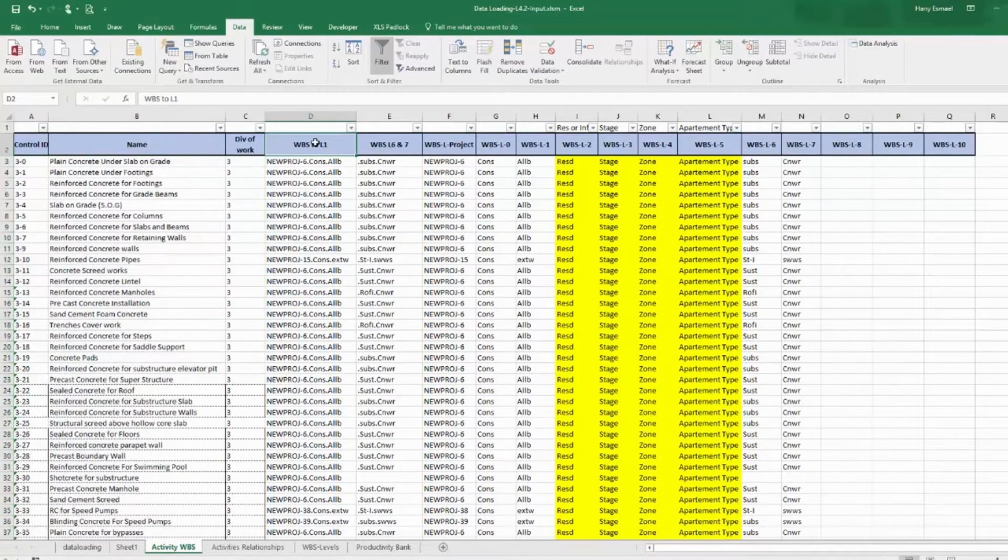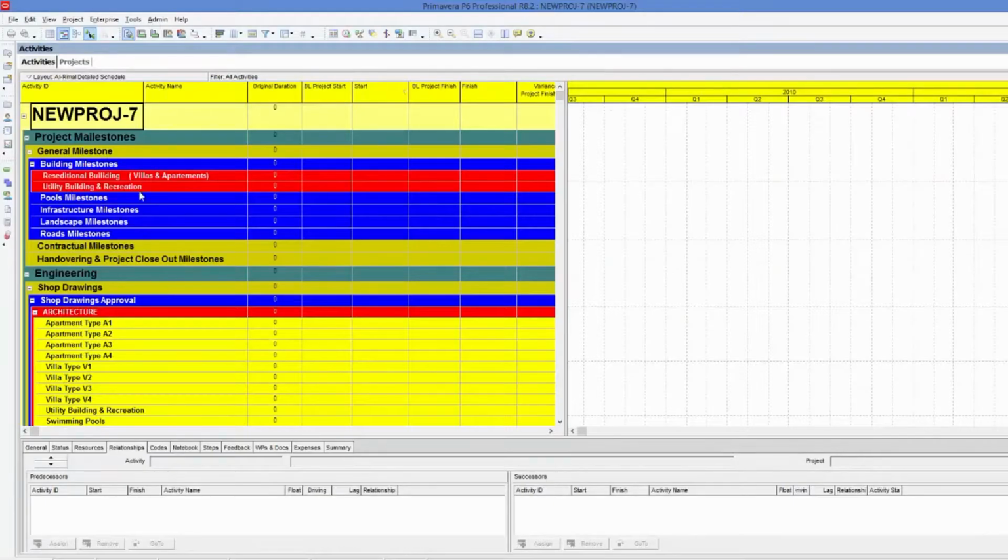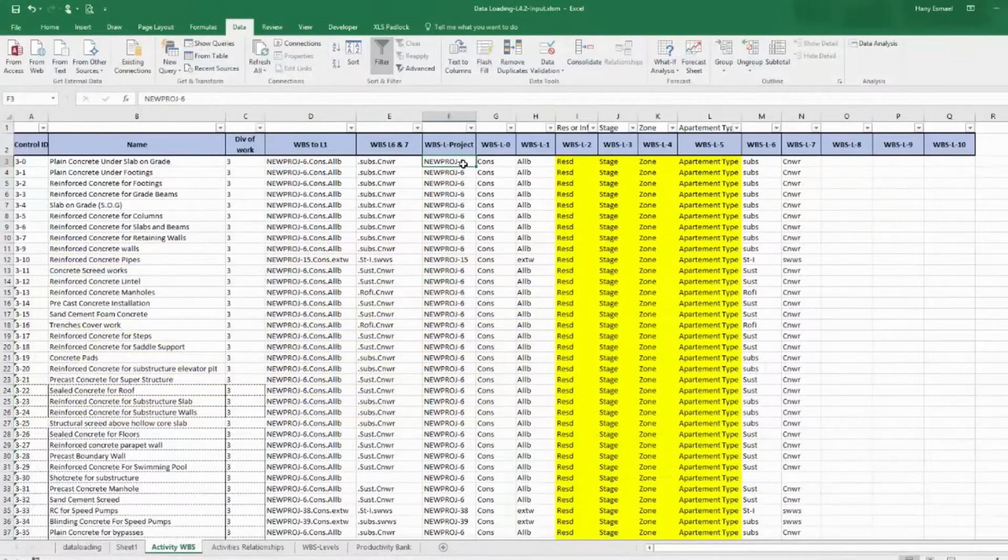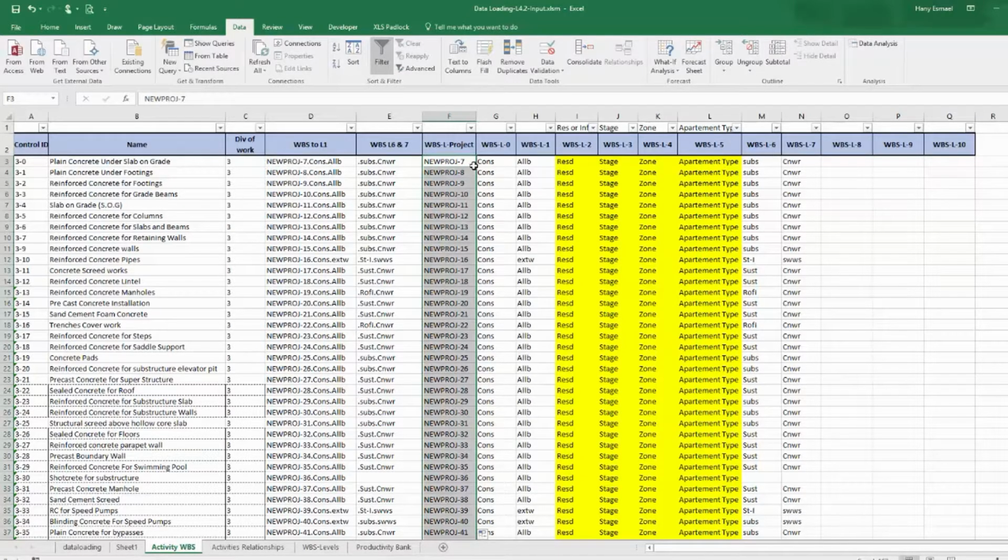So WPS, I have level 1. This is the first level, and level 2, 3, 4, 5, 6, whatever levels we have. The first thing is the project name. Our project name is new project 7. So I need to change this one to new project 7. Then I will just double click to drag it